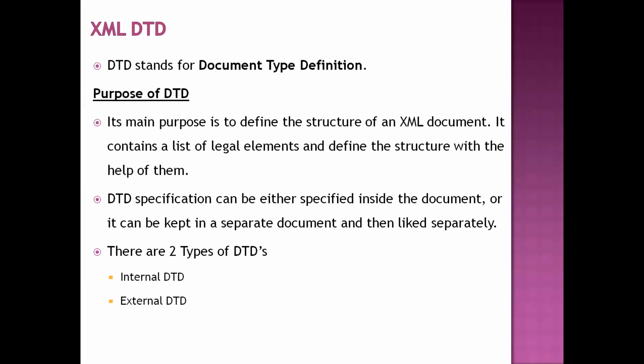Sometimes a single DTD may be used for multiple XML documents. In that case, instead of writing the DTD in the XML document itself, we can separate the DTD and write it separately from the XML document. That category is called external DTD. That DTD definition we need to save with a .dtd extension. Now see how to define the elements and attributes using DTDs.